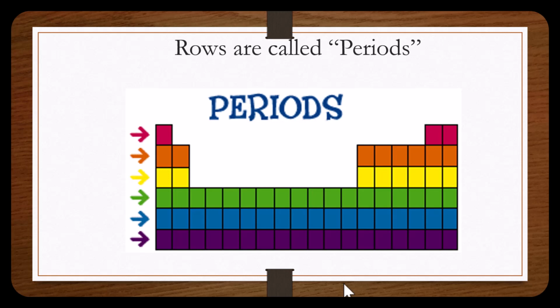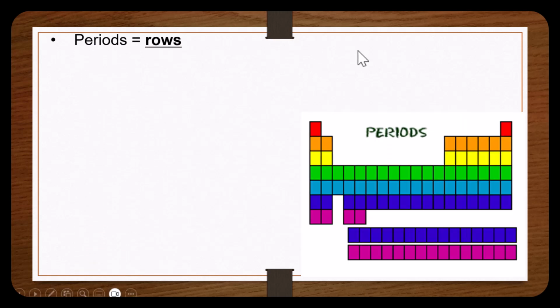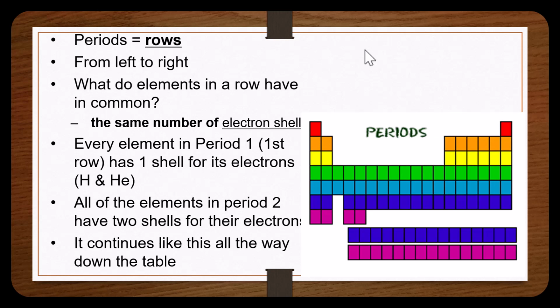The horizontal rows are called periods in a periodic table. Periods equal rows. They go from left to right. What do elements in each row have in common? The same number of electron shells. Every element in period 1, the first row, has one shell of its electrons, hydrogen and helium. All the elements in period 2 have two shells for their electrons, and it continues like this all the way